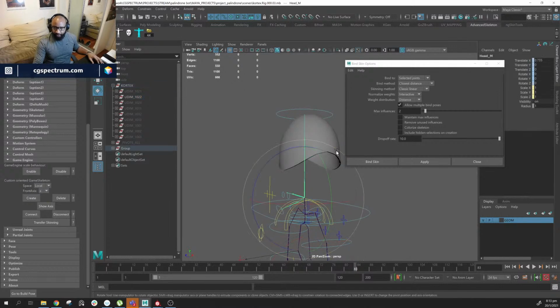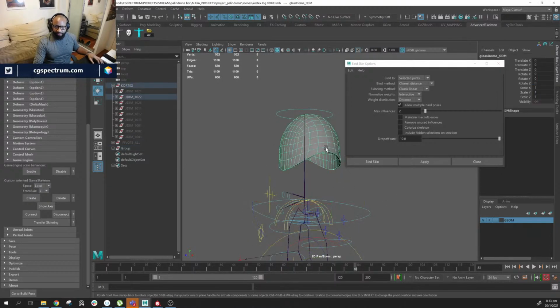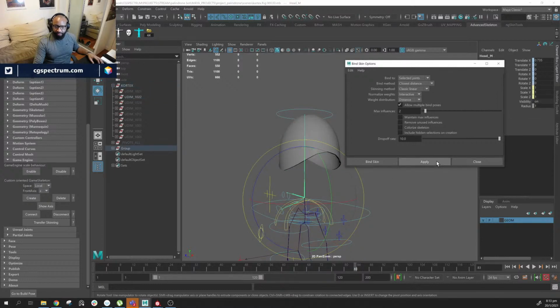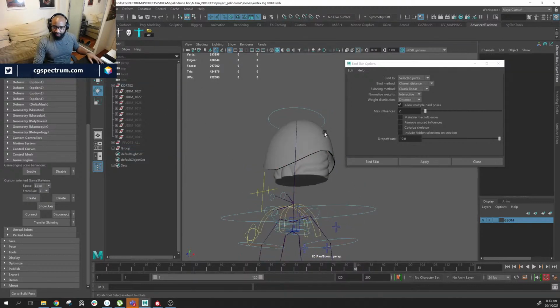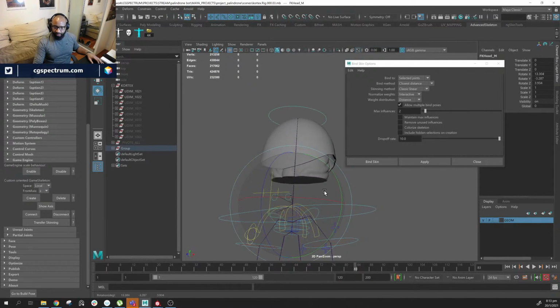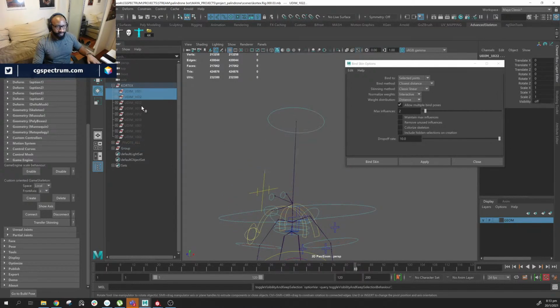This one as well, super easy. This is going to get bound to that. Apply. Okay, so these two things should be moving together now. There we go. So hide those. Next one